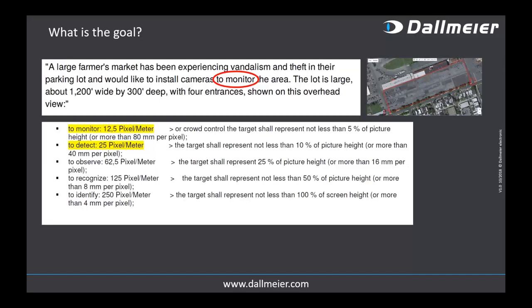norm out there that we will talk about a little bit more in a few minutes, that gives you an exact or more or less exact definition of pixels per meter for certain identification levels or resolution levels. So the bottom one is 250 or more pixels per meter, which is what they call identify. That's typically the resolution density where in almost all cases a judge will say, hey, that individual that is sitting in front of me is the person that I see on the video footage,